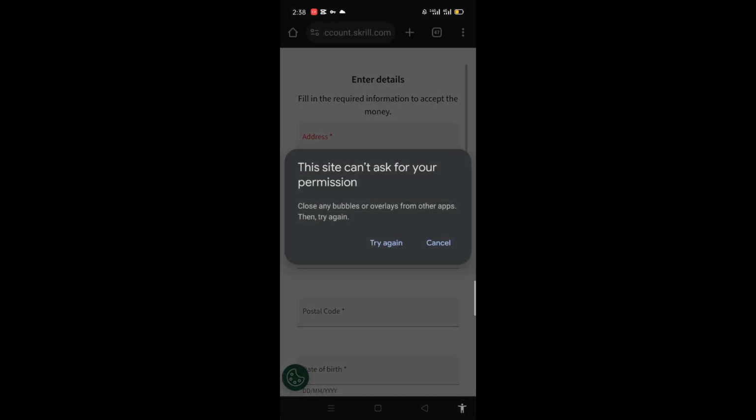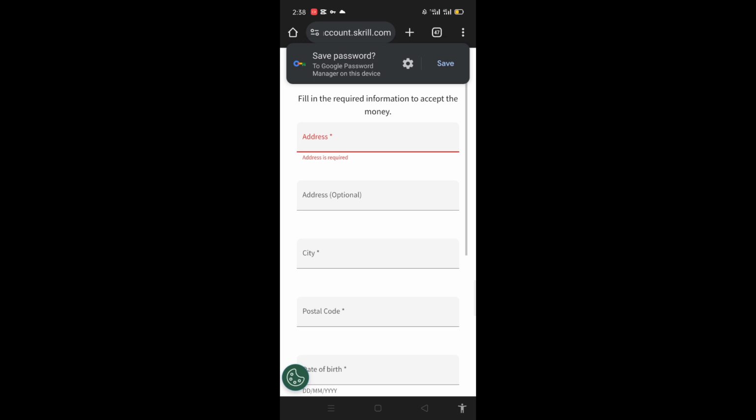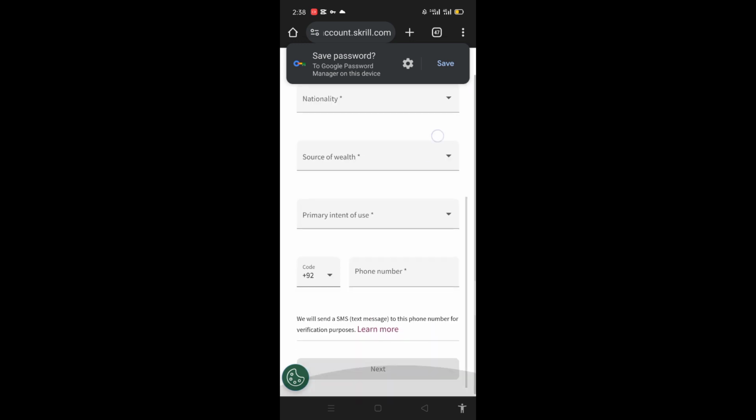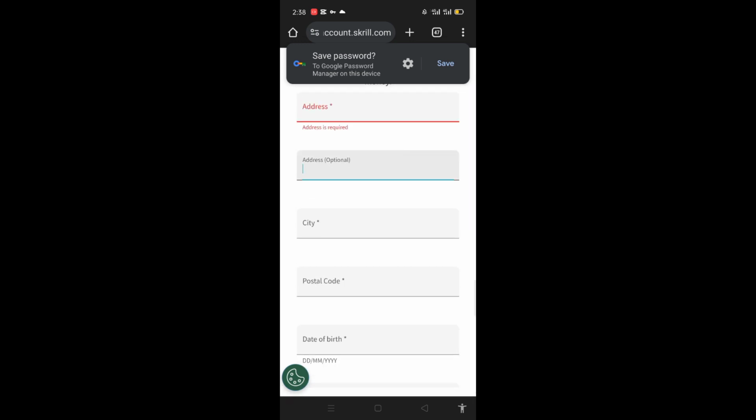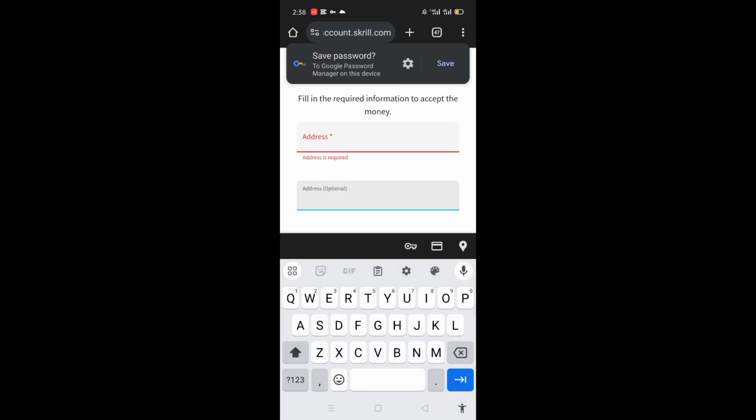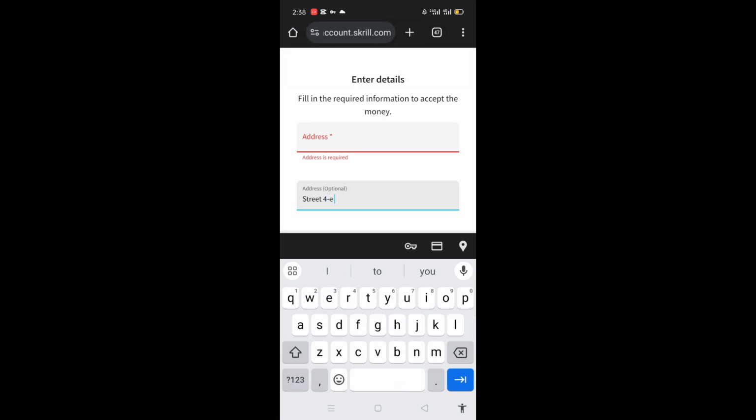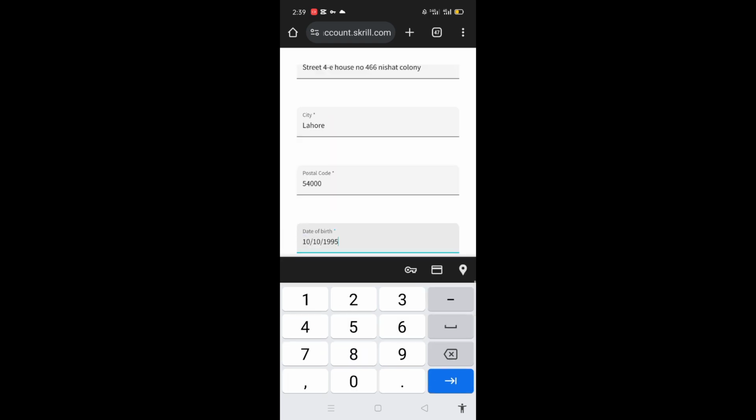So here you can enter the details: address, address optional, city, postal code and date of birth. Make sure that all details are current and permanent, where you live, because it's official to create your account. So make sure that all details are correct and yours. When it's completed,